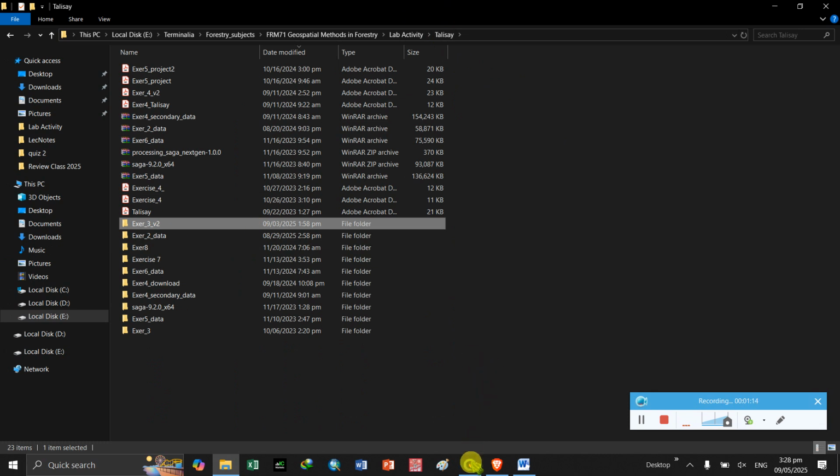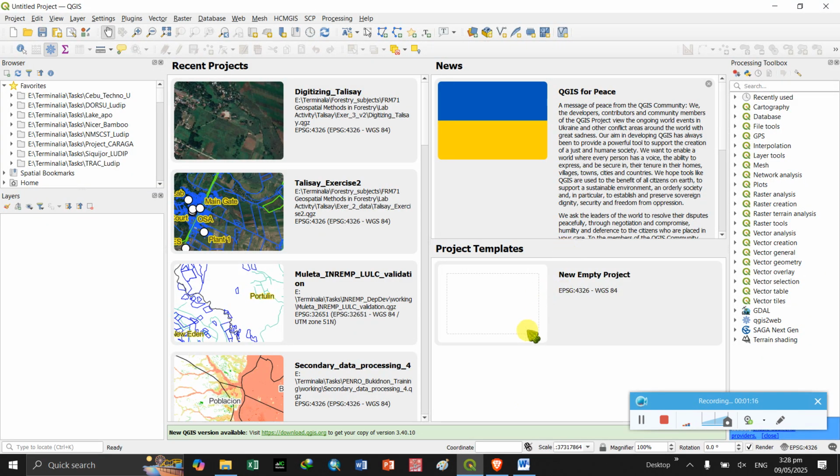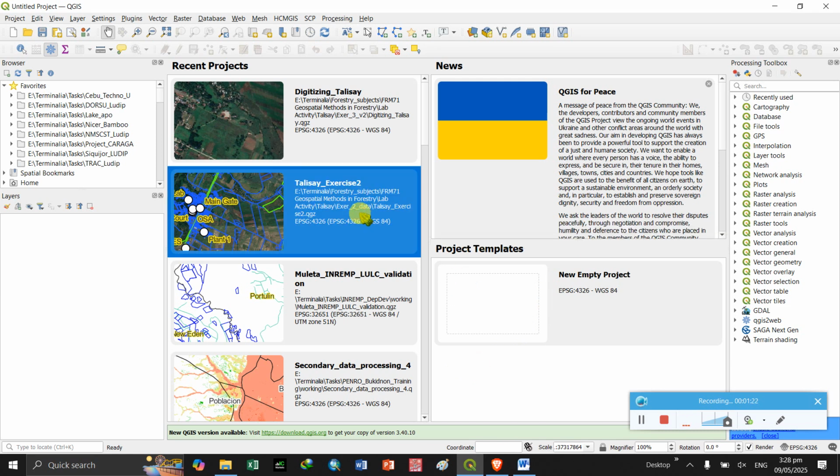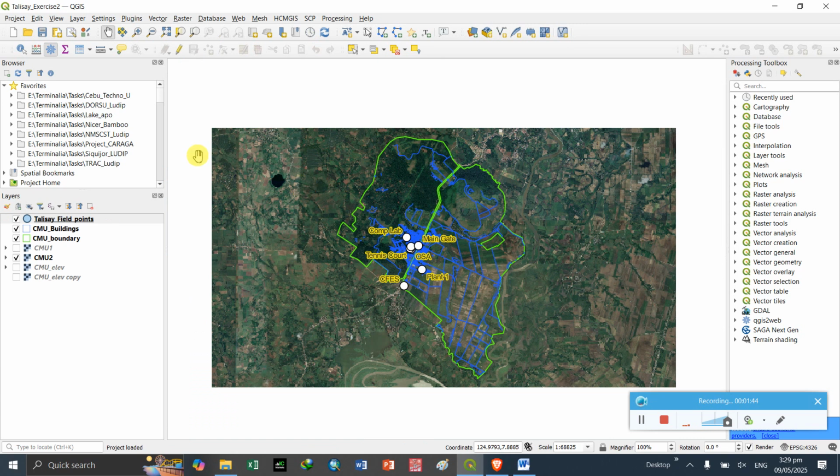Kindly open your QGIS, and I believe you have already done exercise 2, and we will use this same background image, the raster data containing the satellite data of CMU. So you can open exercise 2, and then we can